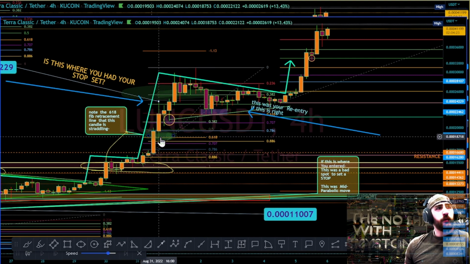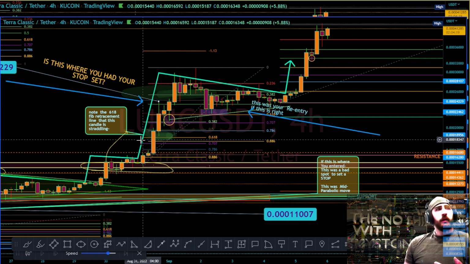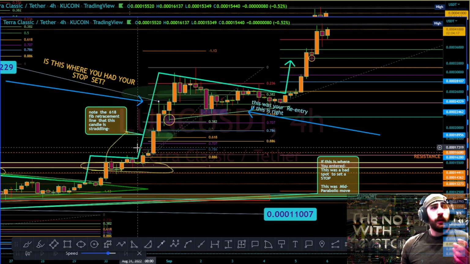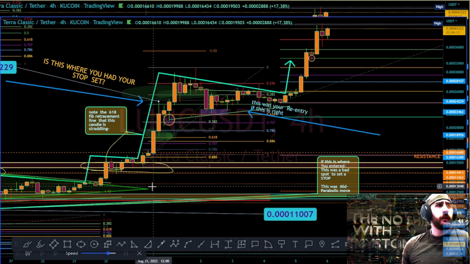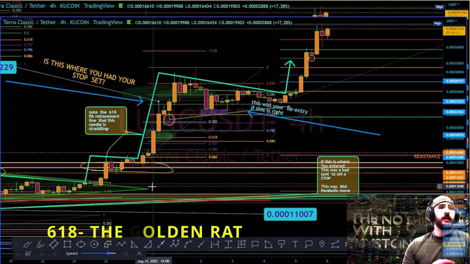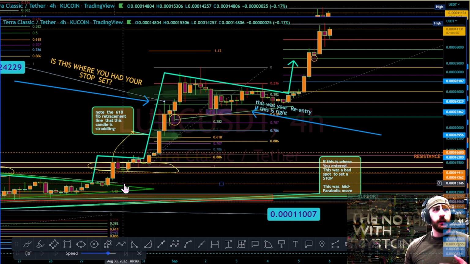Boom, this candle forms right on the 618 retracement, the golden ratio. It's an interesting number because it's found throughout nature and the universe. It's a really fascinating thing. We'll get into that another time, but it's one of the key retracement levels, which also correlate with support and resistance levels, right? The Fib retracement zones, if I were to, and I will,